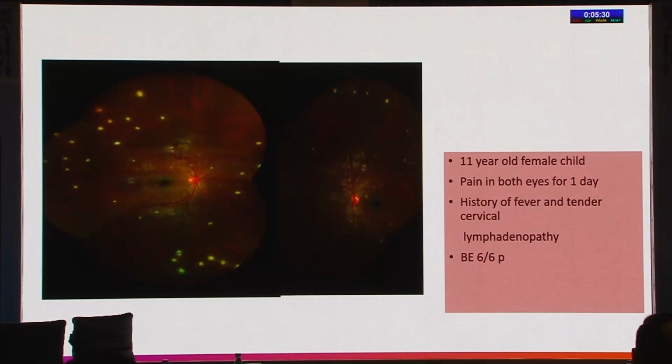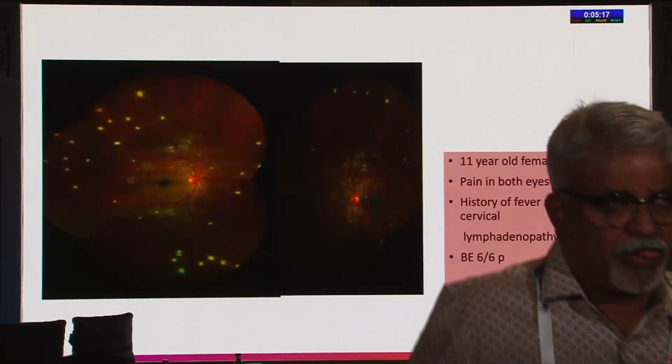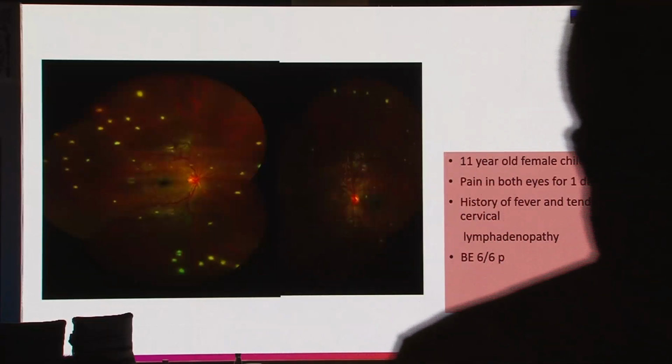Now this is an 11-year-old female child who came to us with a lot of these small white pre-retinal aggregates. She gave a history of fever 1 week back. Now if you can see these white inflammatory aggregates, they just look like any other normal inflammatory deposits. But if we had started the child